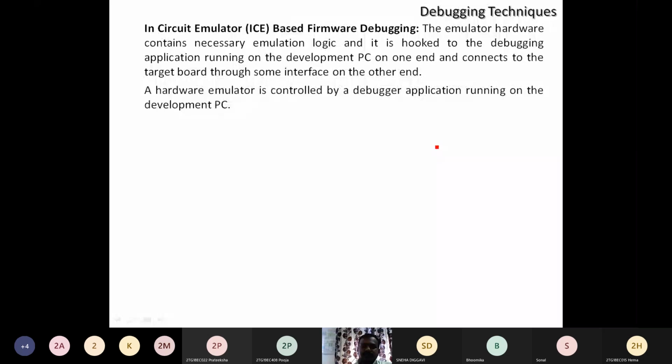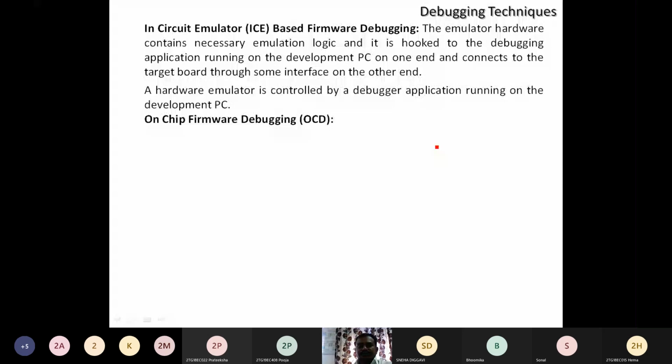Another debugging technique is OCD, on-chip firmware debugging. This technique adds silicon complexity and cost. From a developer perspective, it is a very good feature supporting fast and efficient firmware debugging. On-chip means in the factory itself: whatever debugging technique is there in the factory is on-chip firmware debugging.